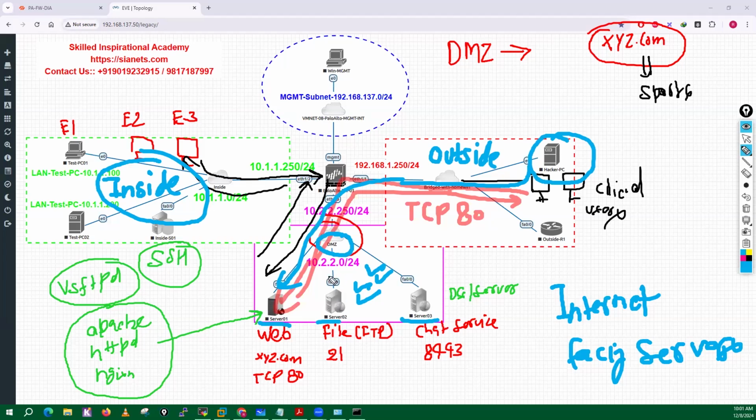Which means this area is not as secure as your inside area. But do you think this area is unsecure like your outside? Because this traffic is coming through a firewall, which means we have some type of security. This area is more secure in comparison to the outside, and less secure in comparison to